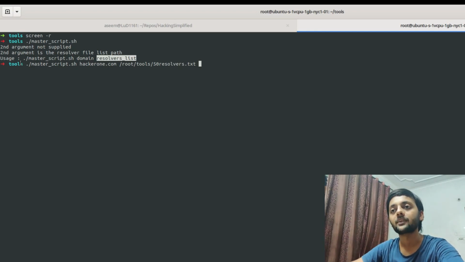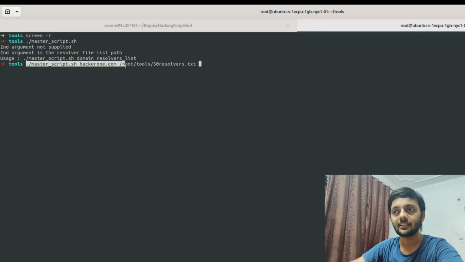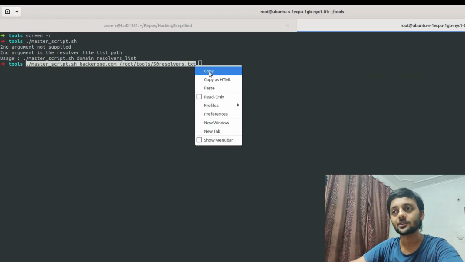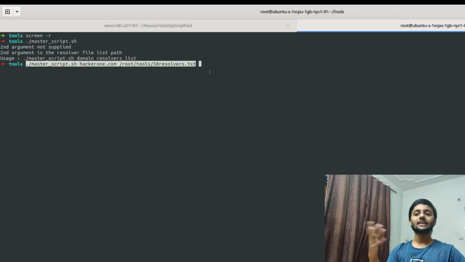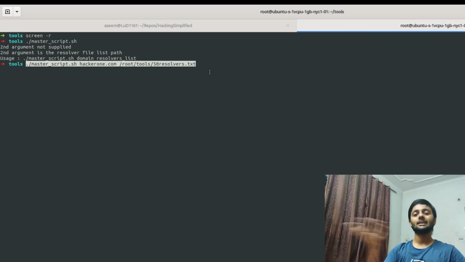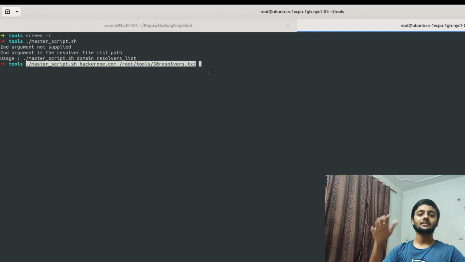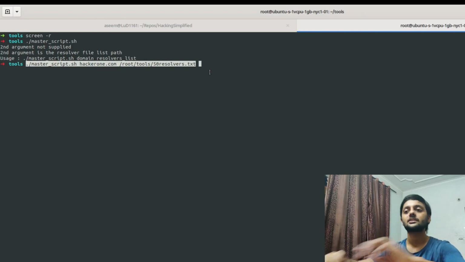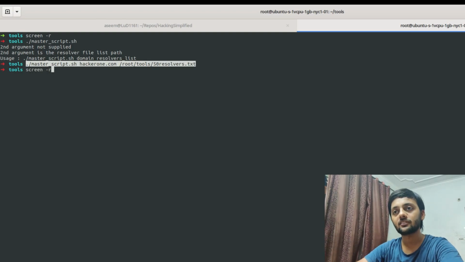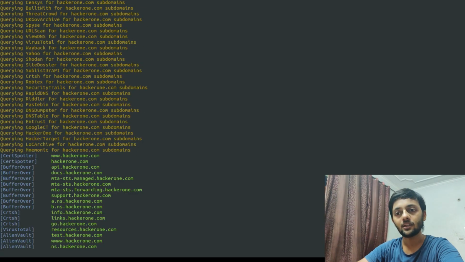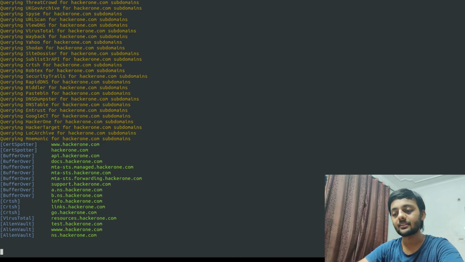I prefer running this in its own screen session because four commands would be running, so it would take some time, and I would prefer doing some other task instead of being stuck on the SSH session. Before I start that, let me check whether the screen session has completed or not. You could see that it's still taking some time.